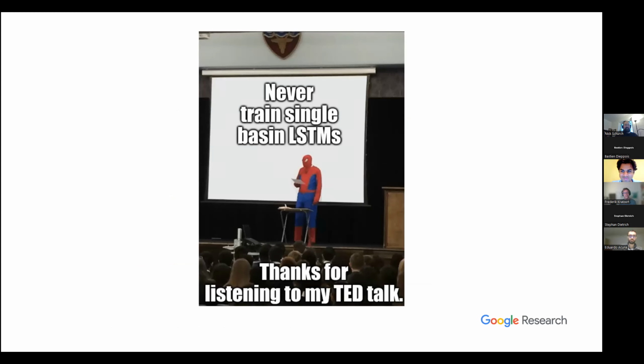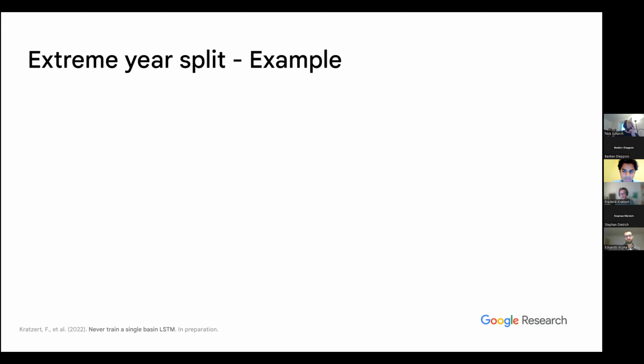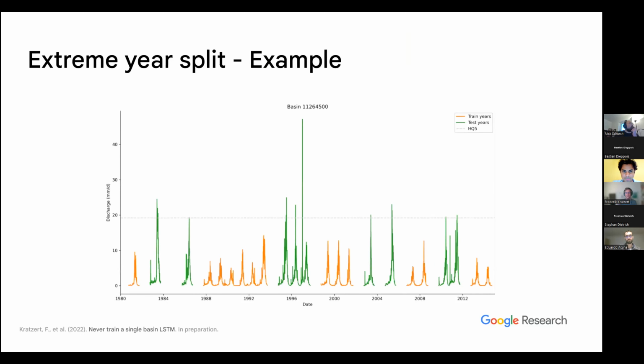There's strong evidence that you should never train an LSTM for a single basin. And that's very important, even if you're interested just in a single basin. Even if you only want to model a single basin, there's strong evidence that you should not train your LSTM on just this basin. And to highlight why, one reason,